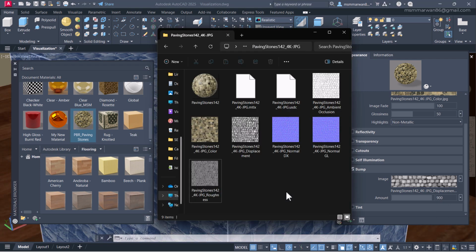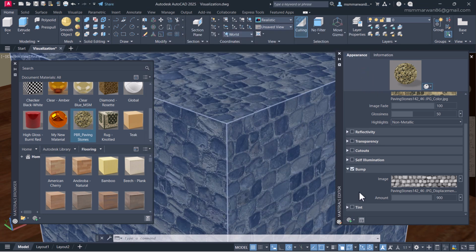property. Now, when you try PBR materials, we have different maps: color map, bump map, displacement map, normal map, and a lot more. Now, if you come to the parameters of the material in the material editor in Autodesk AutoCAD 3D, we may not find all these properties. Now, in this particular case, I just developed this material from the global material, and here we can find the